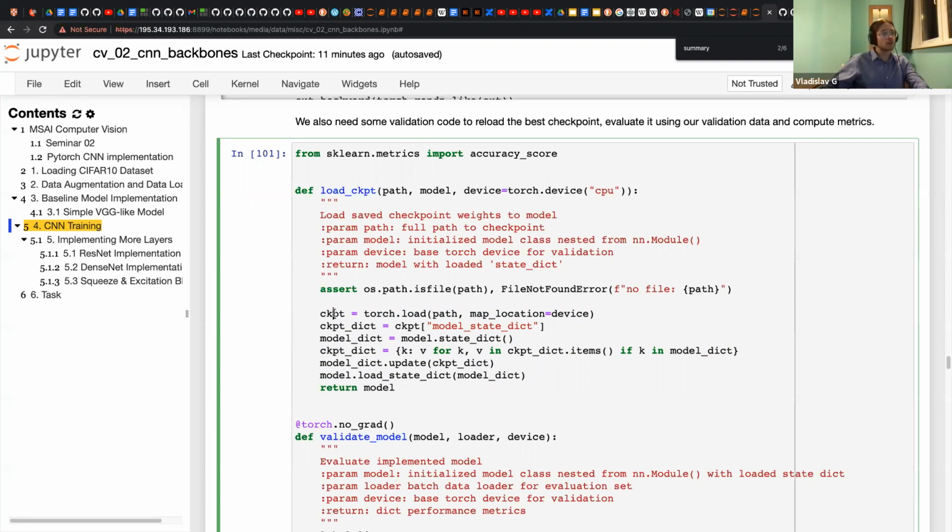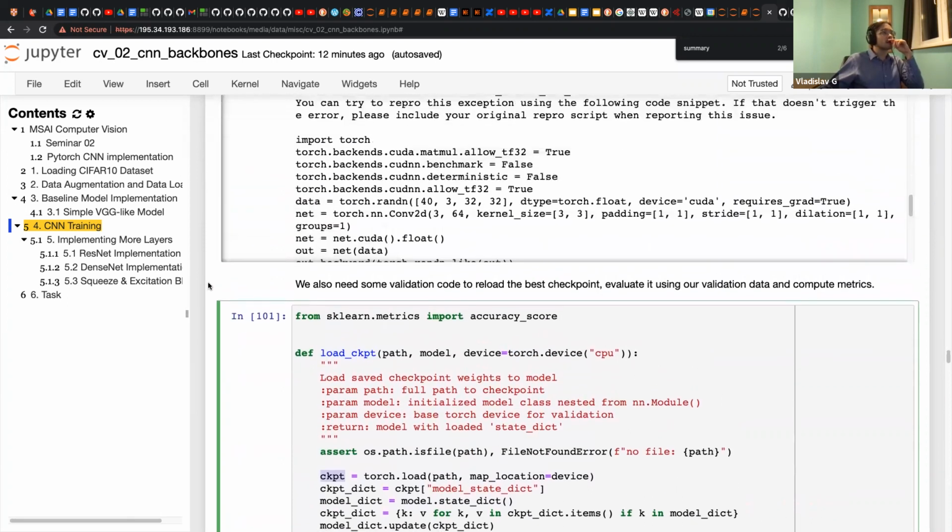So what we do here is we take the Catalyst checkpoint. This is the model state dict. We load the Catalyst checkpoint, which is a dict with the model state dict, but the Catalyst checkpoint also contains more information.